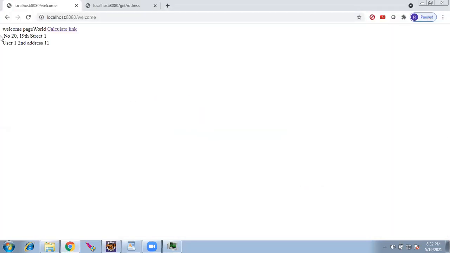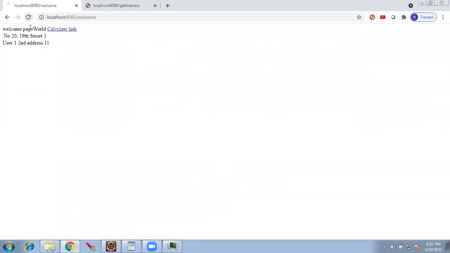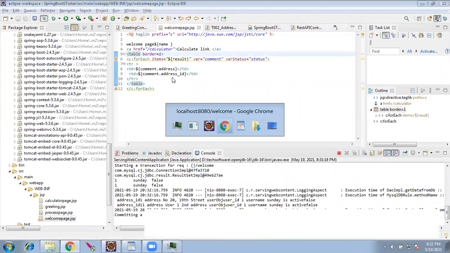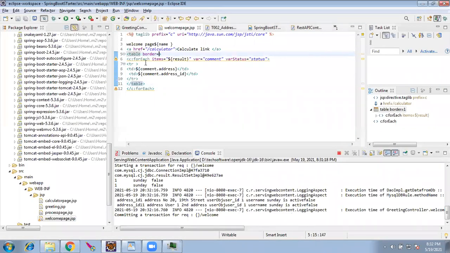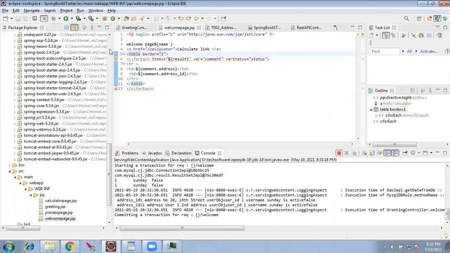Okay, so now it is displaying as a table. How is it a table? We can give here border equal to 1. If I give border equal to 1, I will see a table border. I have to restart every time. Table border equal to 1. We never use this syntax nowadays. It is all replaced by the new web technologies.